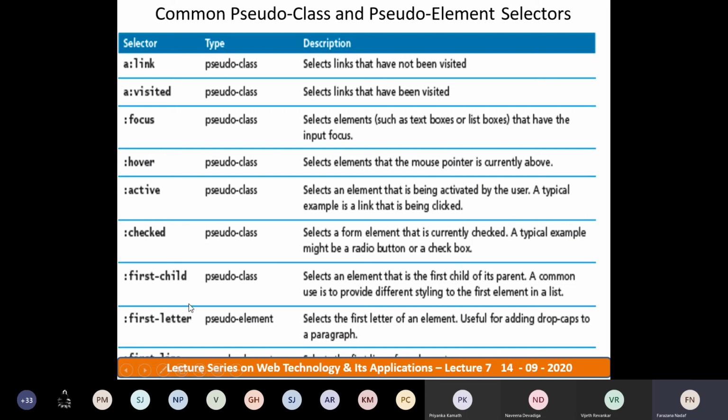Then first child, which selects an element that is the first child of a parent. Then first letter, which selects the first letter of an element and is useful for adding drop caps to a paragraph. The first letter of the paragraph will always be capital. So at that time you can apply first letter as a pseudo class element for the selectors.